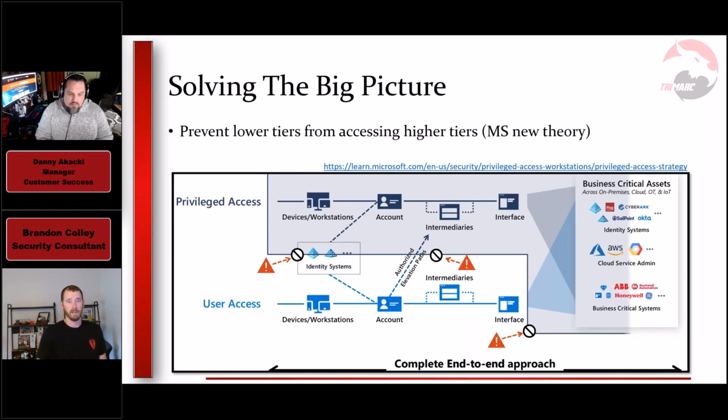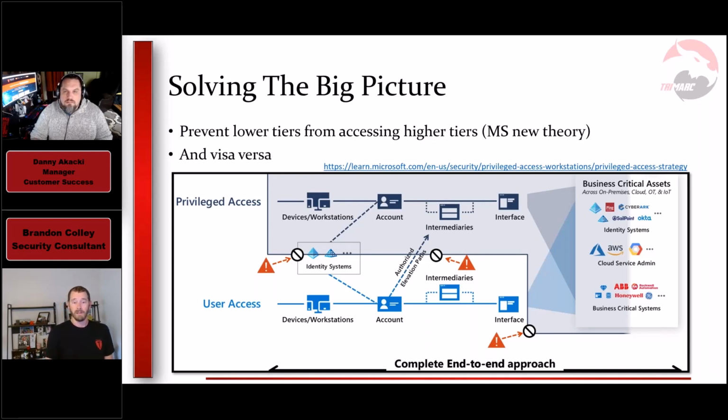And so that's basically what it's saying here: it's preventing the lower tier from accessing the higher tier. But what we do an even worse job with is the vice versa approach, right? Privileged access workstations exist for domain admins only to log into, yet help desk calls remote desktop into a regular user's workstation, and now all of a sudden credentials are stored in a user access plane instead.